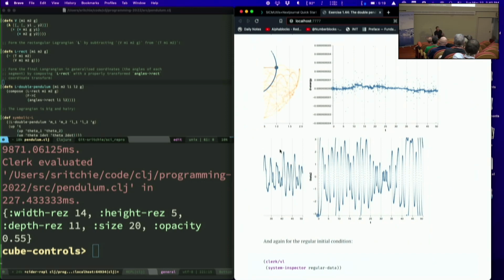But so Clerk as a system is a visual REPL with an out-of-the-box toolkit that is useful for data science and many of the sort of default applications you'd want something like a notebook for. But it also has this ability to take a computer algebra system that has nothing to do with Clerk and install as a library all these other viewers for it that let you do things like physics simulations and